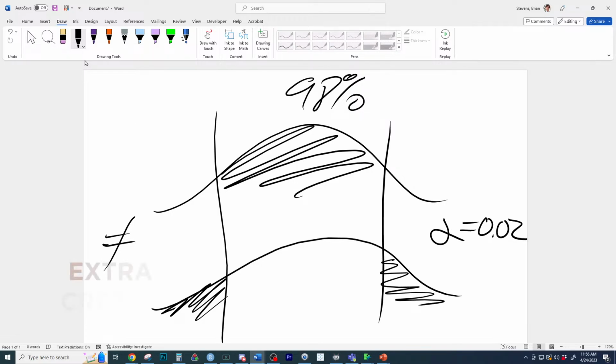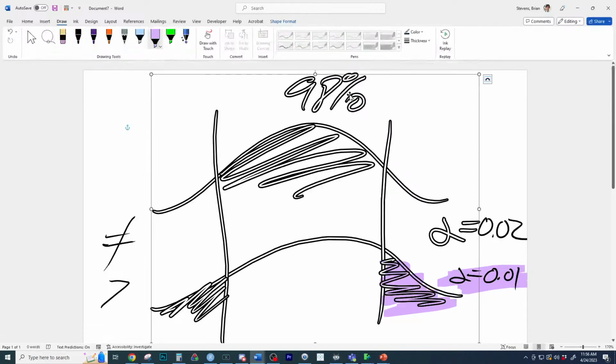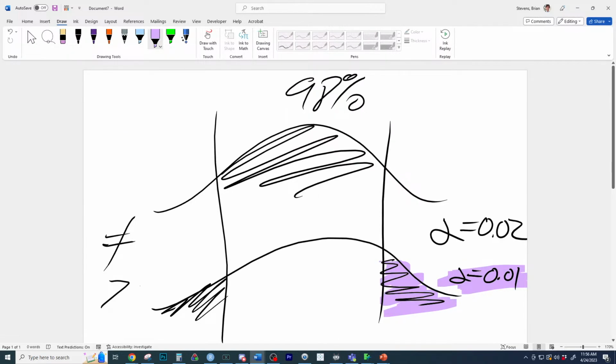0.02. But here's the thing, you might be on to the next part. He's doing a greater than test, right? So the greater than test has an alpha level equal to half of that. The associated alpha level would be half of it because he's running just the one tail. Does that make sense, Jesse? Like when I've drawn it out right here, the 98% confidence level is directly related to a does not equal test of 0.02 alpha. If we just do the greater than test, it'll be 0.01.